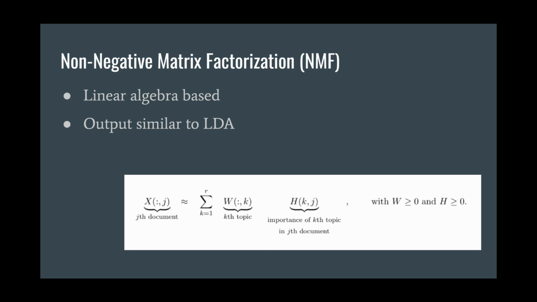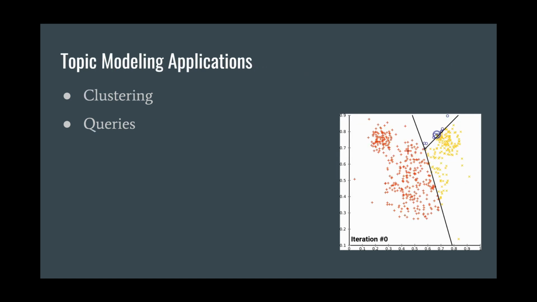NMF also produces a similar output but uses linear algebra techniques to create two matrices, W and H, whose product is estimated. NMF performs feature extraction and is able to output a similar topic keyword distribution. Deciding whether to use one or the other really depends on the use case, and we ended up using LDA in our final model. We also used scikit-learn to create both our tokenizer and the model itself.